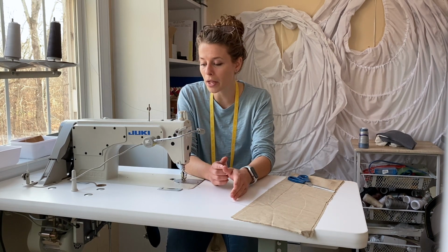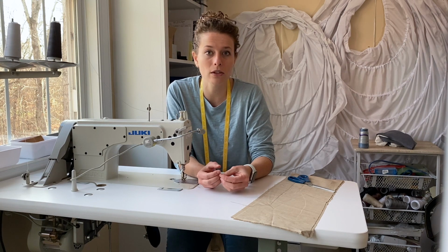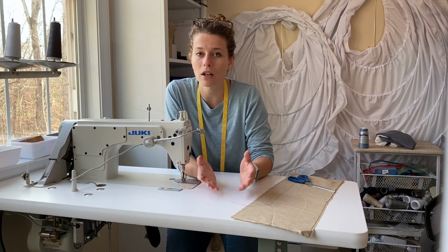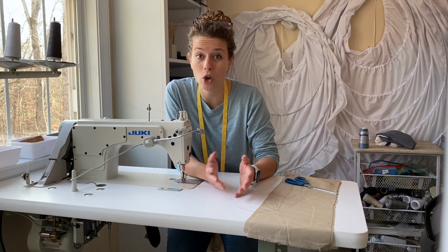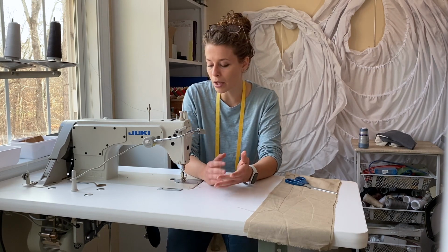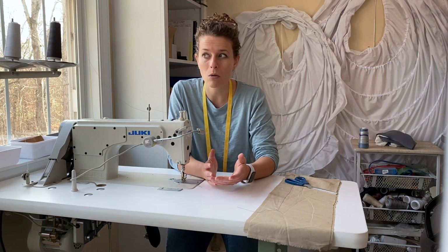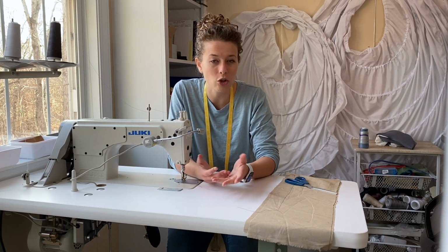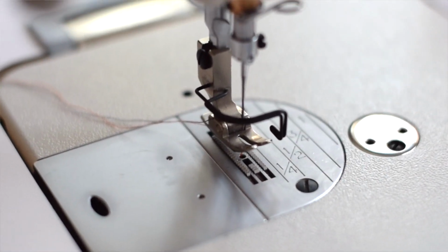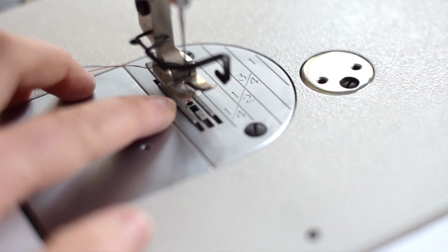And that is what I love about it too, is it not only sews over thicker things like thick fabrics, it can sew over lightweight fabrics. I've used some sheers on here and it works really well. You just have to have the right needle. But yeah, it works really great and it doesn't get chewed up in the machine. You tend to think, oh wow, something like that, do things get chewed up? Well, because it has a tiny hole down here where the needle goes up and down,